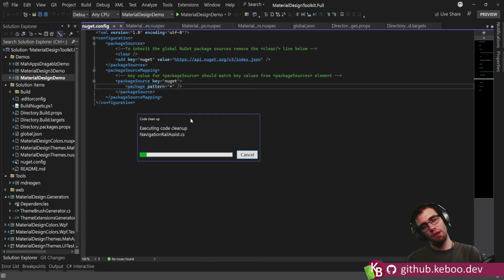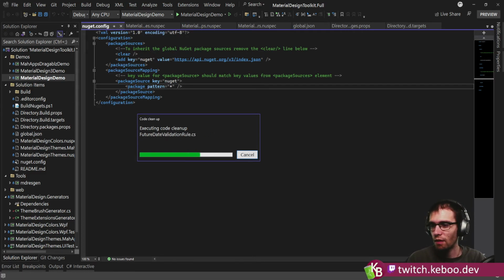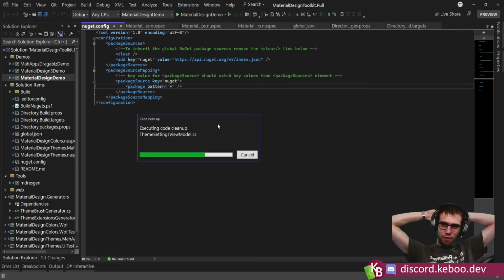Hey, I forgot how long this code cleanup took the first time. Days. Though, on a positive note, it will mean that all of the code is then in a much cleaner state. Come on. Clean up all of the code. Clean it all up. It is worth considering, though, where I want to do the